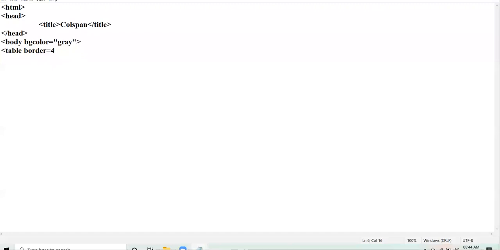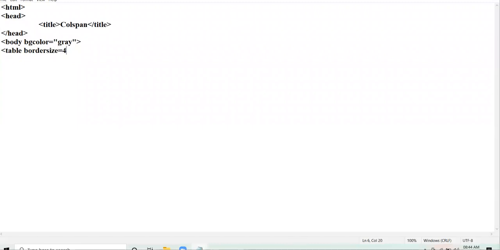Sometimes when you get the question of table in exam, after the table, some instructions are given related to the question. Okay. There one line is written sometimes, size of the border is 4. And what do students do? They write like this.